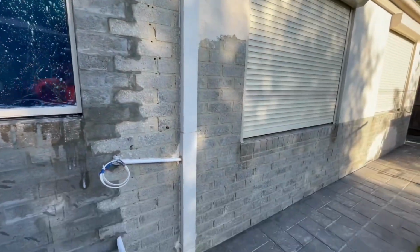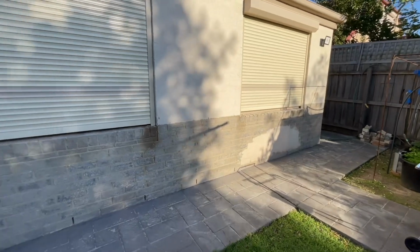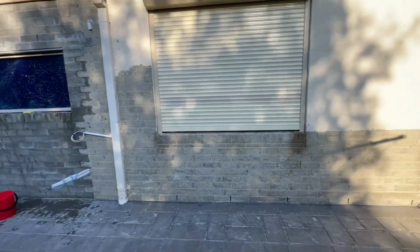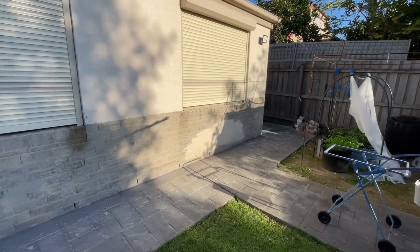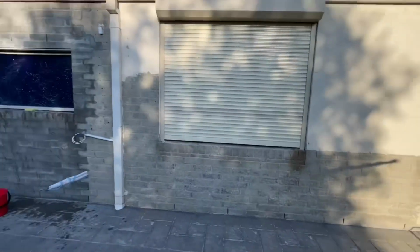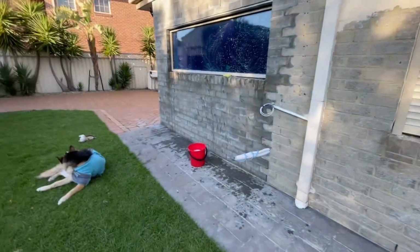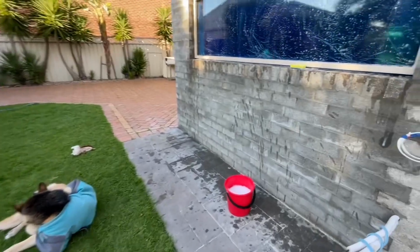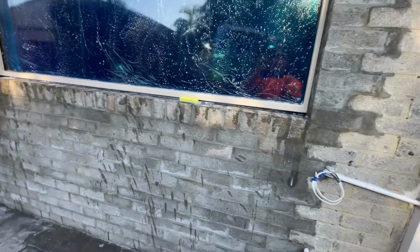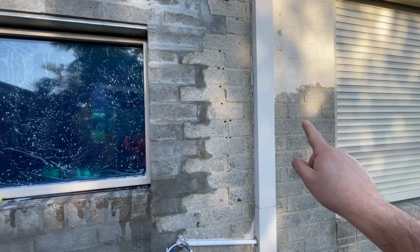Alright, here we are. It's the next day. That's about as far as I got yesterday. My wire wheel ran down, so I need another wire wheel to finish off that part there and that little bit up there. But as today's going to be nice, I thought I would start by bagging up to this drain pipe. So before I bag,